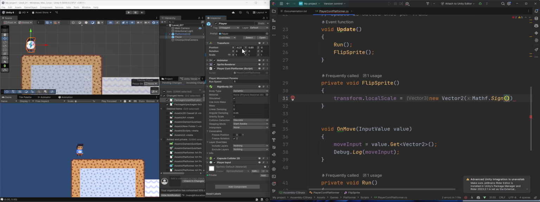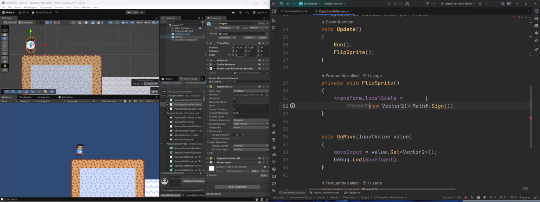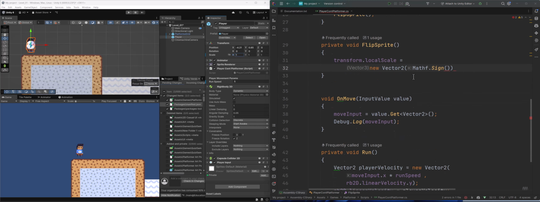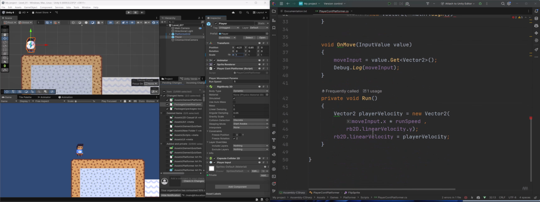Now you might be like, well, what does that mean? If I'm moving, remember I have a -1 here. The negative is the sign, or the +1 is the sign. So what I'm doing here is I want to know what the sign is of this value as my character's moving. Because if it's currently -1, I want to make it +1 if I'm moving the other direction when I hit the key. Now the way I can do that is